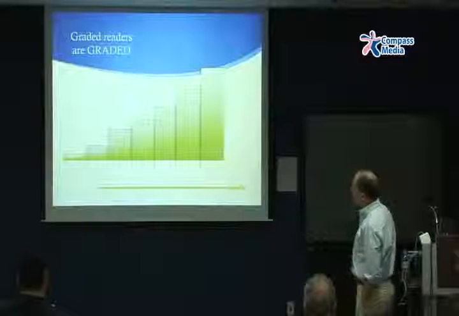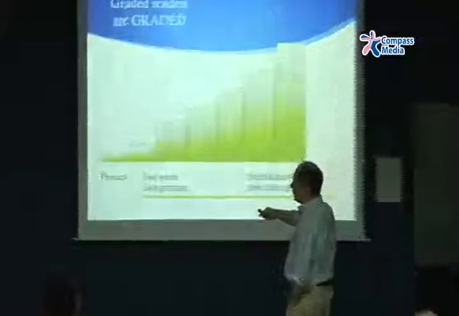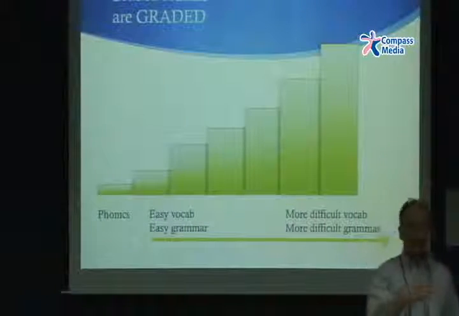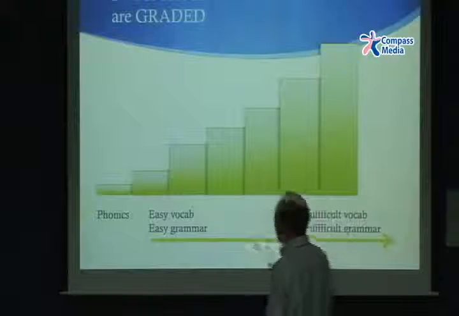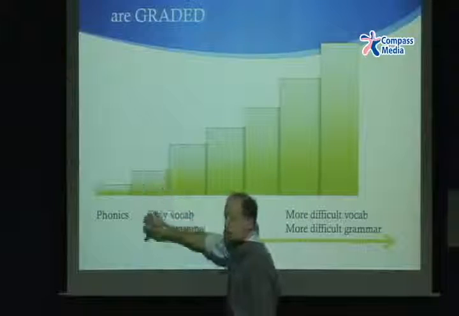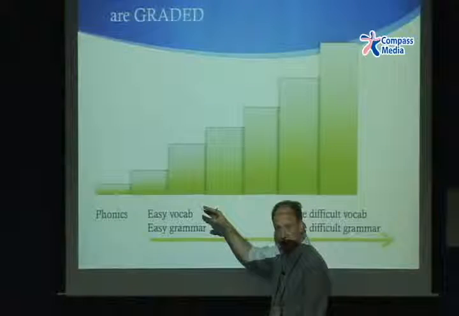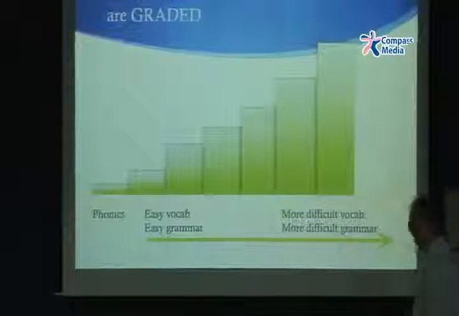So we can see that the system would be like this: start on the left over here with maybe some phonics instruction, yes, so that they can actually read words, and they can match the spelling with the sound. Then we'll work through books which have very easy grammar and very easy vocabulary. They master this, they get very good, their speed reading goes up, and then they get something more difficult, their reading speed goes down because it's a bit more difficult. And then eventually they move up, until they get to the more difficult vocabulary, and so on. So it's a kind of step from here, phonics material, all the way through as we step up to more and more and more difficult texts.